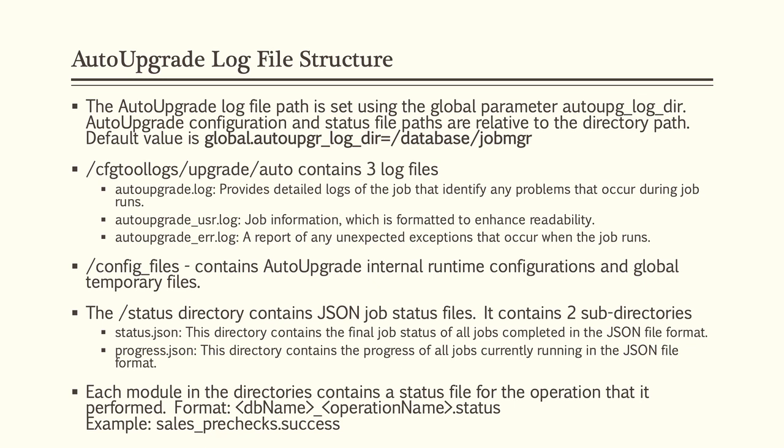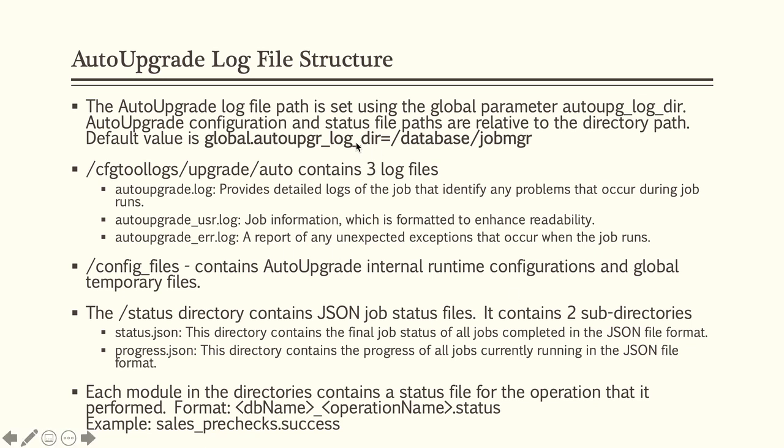The next question is, oh, this auto upgrade seems to be very smart. It is doing everything, keeping me in the dark. It has automated everything. Where do I see the log files if I want to study what exactly it is doing? I said all the log files will go under one global directory that is given by the parameter global.autoupg_log_dir. You mention some directory, it must be a directory which already exists, or the parent must be writable. On a parent directory, you must have write permission so that it can create that directory if it is not already present.